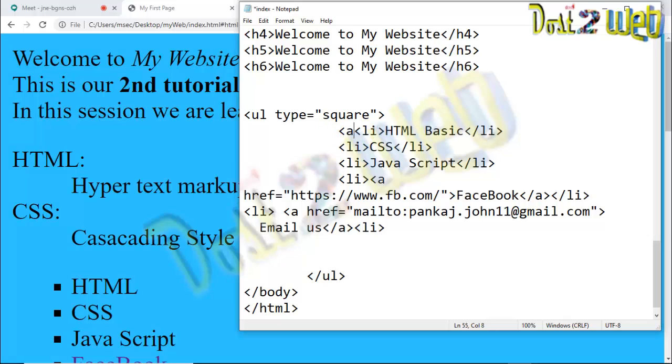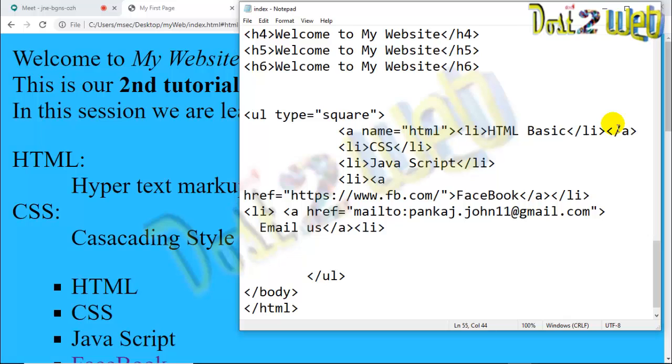The href is already defined, so now you define name equal to, in inverted commas, the same name you have given, HTML, and close that. Similarly, close the anchor tag and save it. I have saved it.